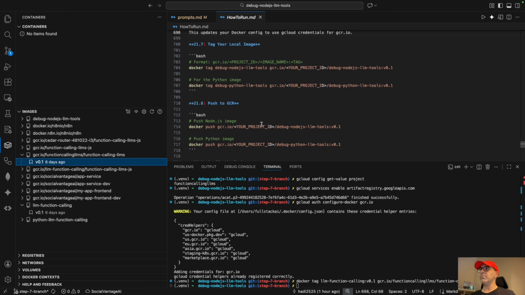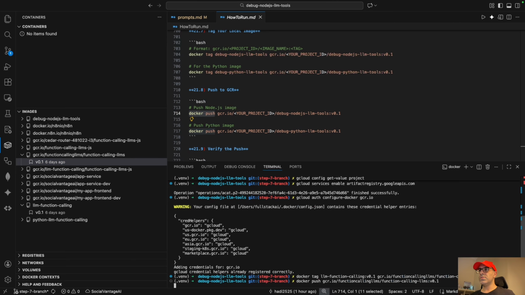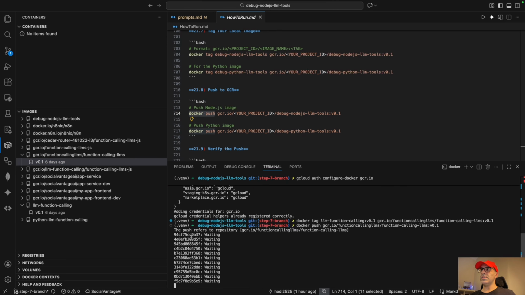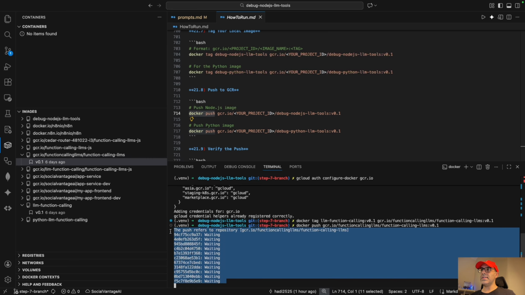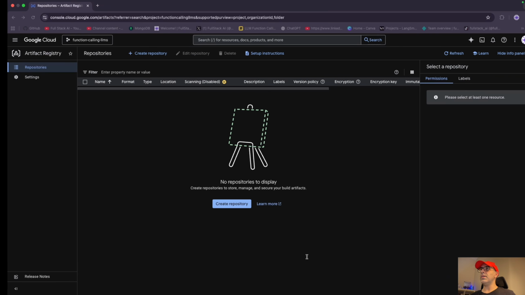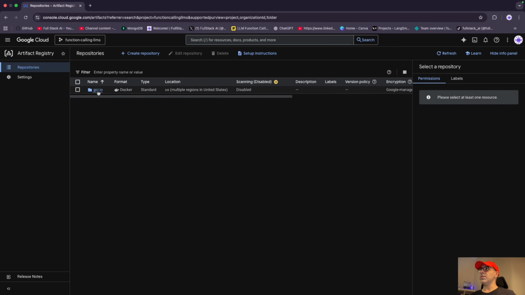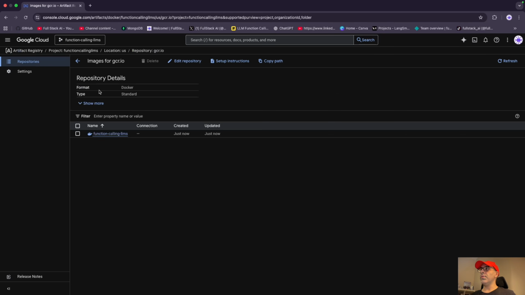Okay, so now I need to push that to the registry. So I do Docker push to Google Cloud. As you can see, it is very similar to when you build a Docker image. It has a bunch of layers that they need to push, so it might take some time. Okay, go to your Google Cloud Console and do a refresh. As you can see, you already have the repository for gcr.io,